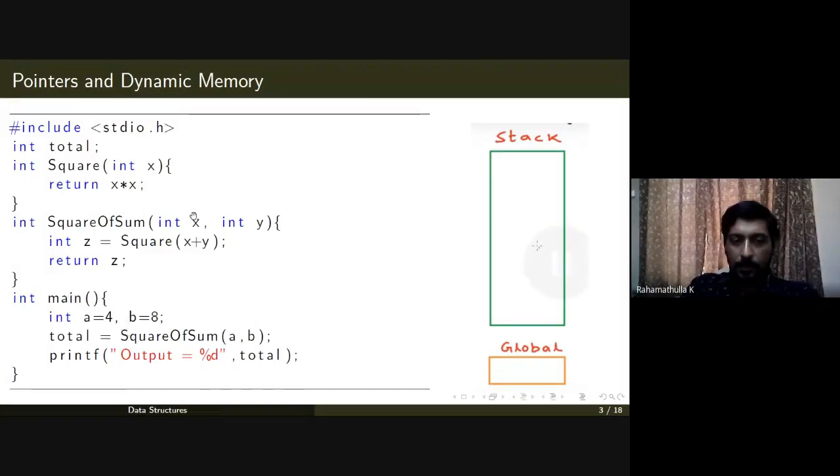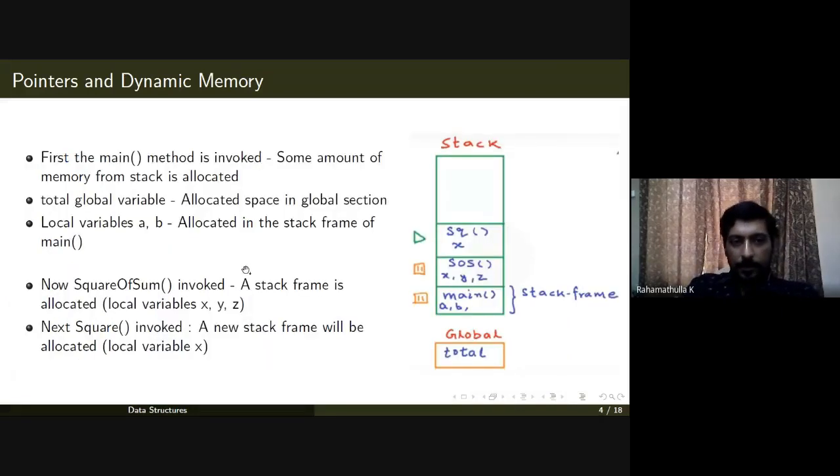Then it goes here, executes till this point, and gets paused there. Then it goes to this function, and once there are no other calls from this function and it returns, the square of sum function will get resumed.